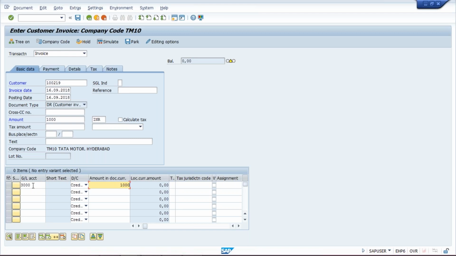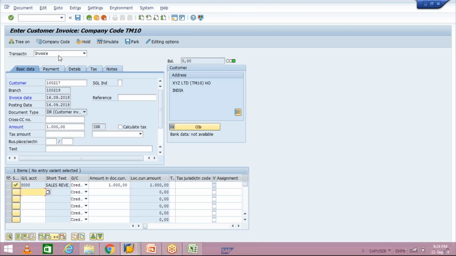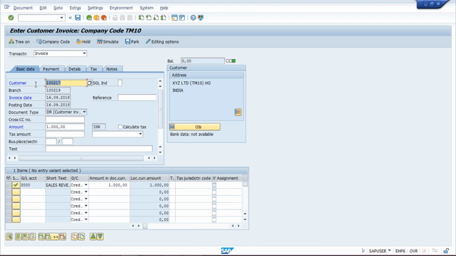Okay, once you press enter, then once again, what is happening? The head office will appear here in the customer master field, customer number field, and here the branch will appear